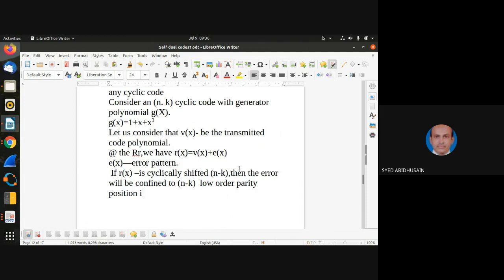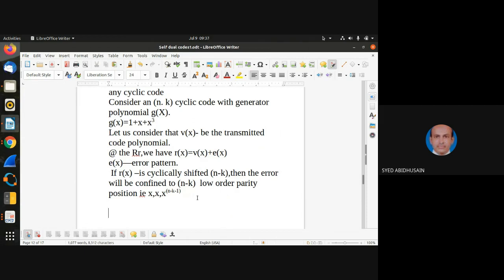That is, x to the power 0, x to the power 1, up to x to the power n minus k minus 1. So if you keep on cyclically shifting n minus k bits,